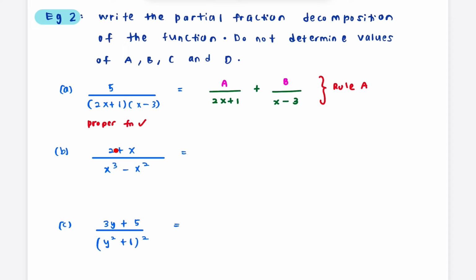Look at part B. 2 plus x is linear, over x cubed minus x squared. So the highest degree of numerator is 1, denominator is 3. So this is also a proper function. Okay. So you want to decompose into how many small fractions? You have to factor the denominator first. So what is the factored form? You have 2 plus x over, you can factor out x squared, and then inside will be x minus